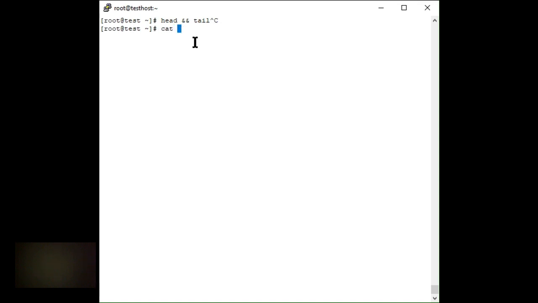We have the cat command in place, but the issue is that when we work in production, we want to check log files, and log files have thousands of lines. But we want to check content from the top or from the bottom, a certain number of lines. Then the cat command